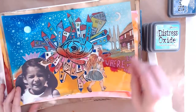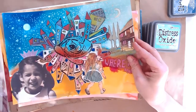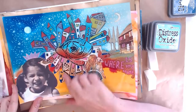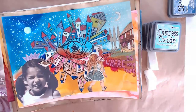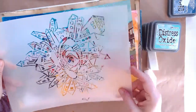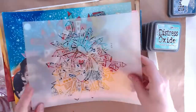And these are just a few things I did to try the stencil out. I designed these stencils specially to be used from any direction you would like. So, for example, this stencil, this one, the eye. You can turn it around and you can use all the sides,